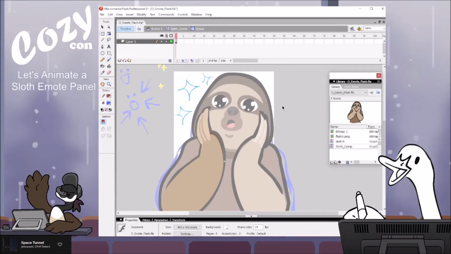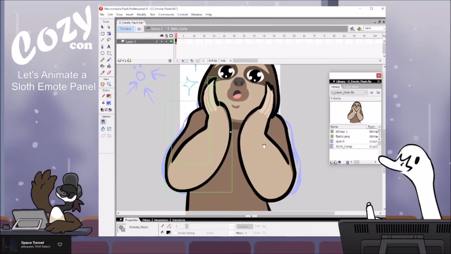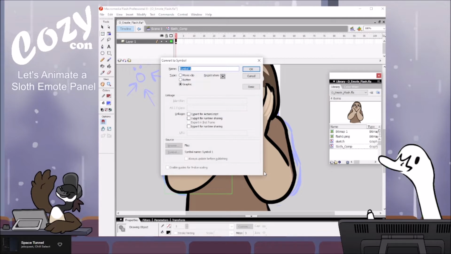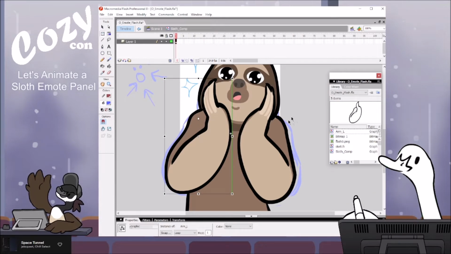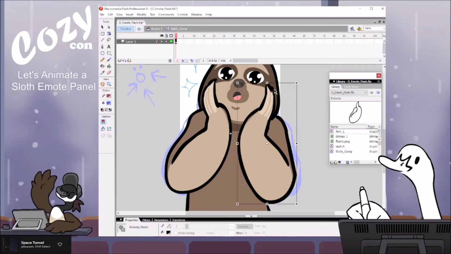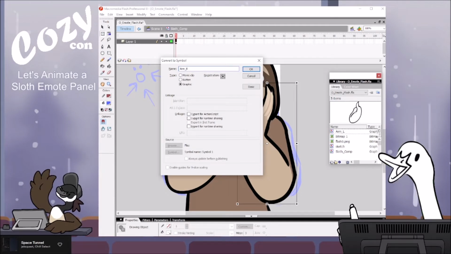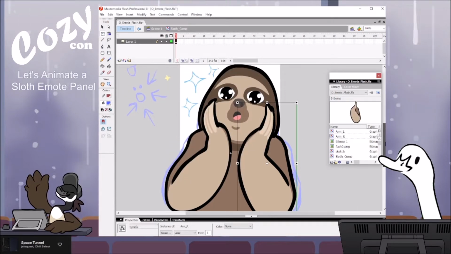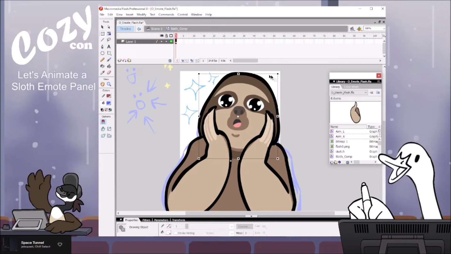I already have the arm in a little group. I'm going to go ahead and put the arm and this outline in a little arm symbol. I guess it's screen left, so I'm going to say it's left. Let me quickly select my drawing layer and put it in arm right. Importantly, I have not made a new keyframe inside the symbol yet, so anything I put in here will be